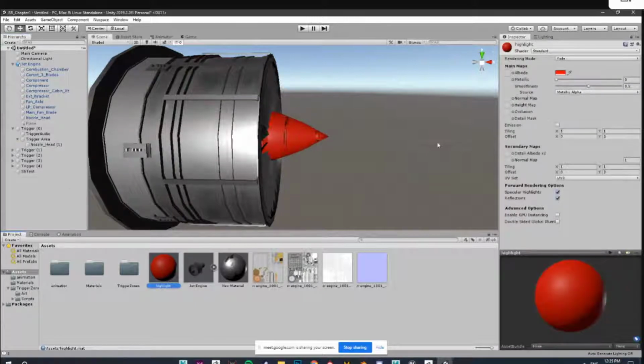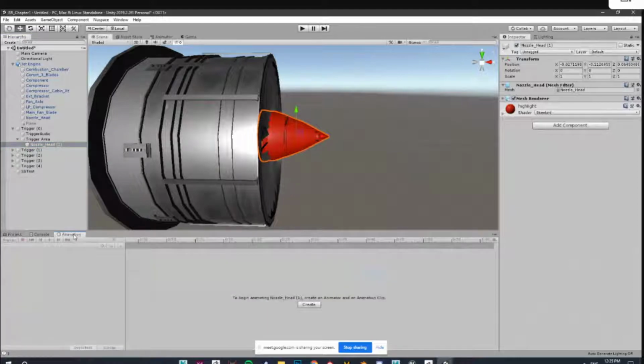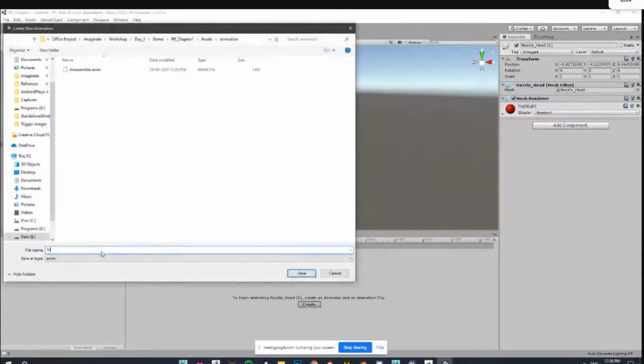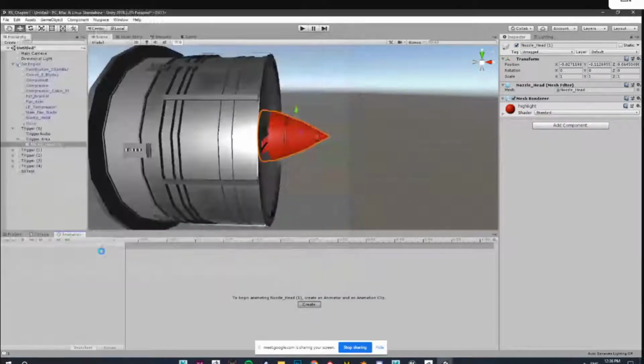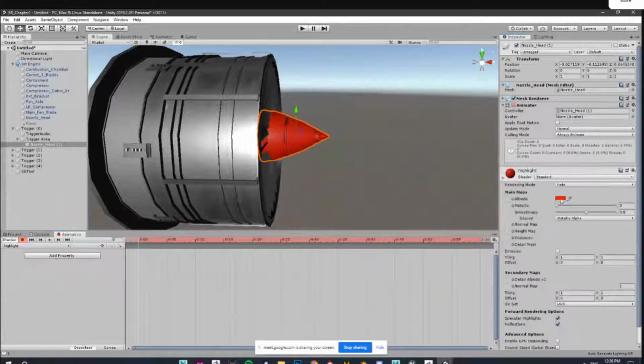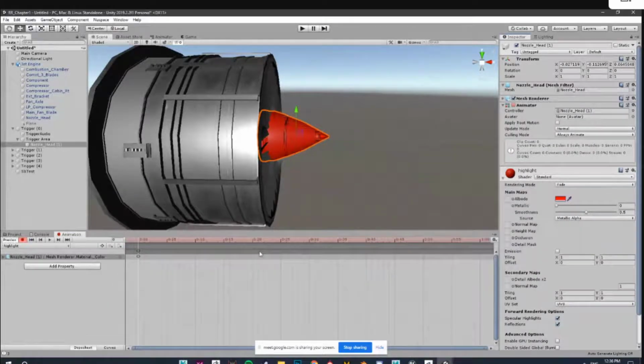Now we have to create the animation. We'll go to our animation tab, click on create, name it highlight, and hit record. So this will be our first frame.